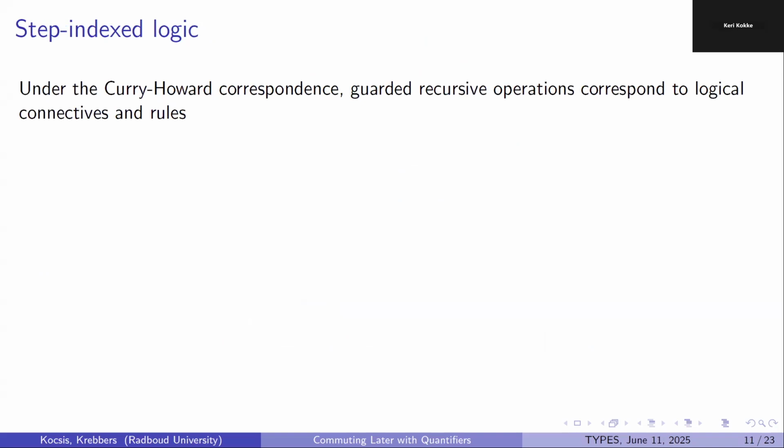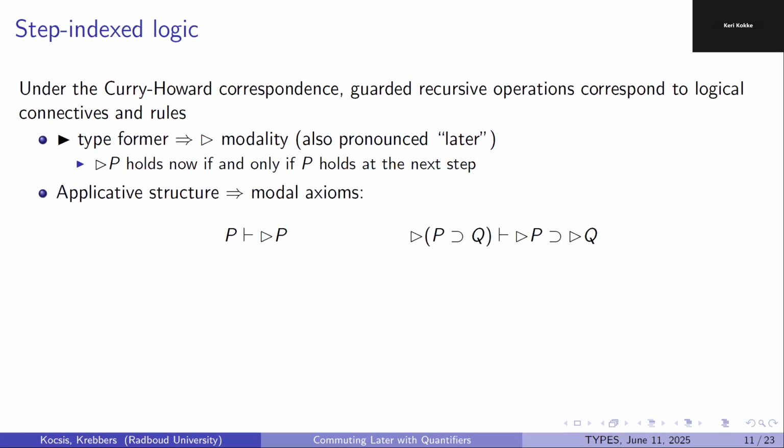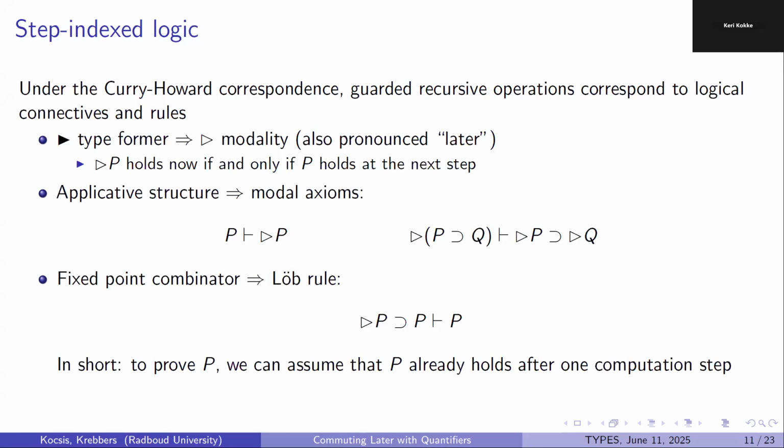So this is programming. Now, what about logic? Under the Curry-Howard correspondence, we can think about this later modality also logically, and then we get some new construct. We get a logical modality which intuitively expresses that some proposition holds later in time, at the next step. The applicative structure that we have for the later type former gives us some modal axioms, which are pretty standard. And the fixed point combinator gives us the Löb rule, which is some kind of powerful induction principle,